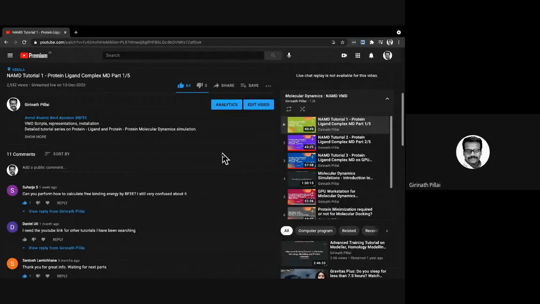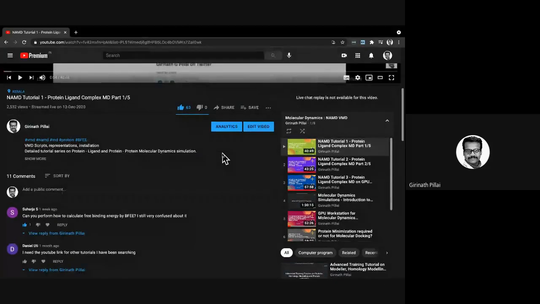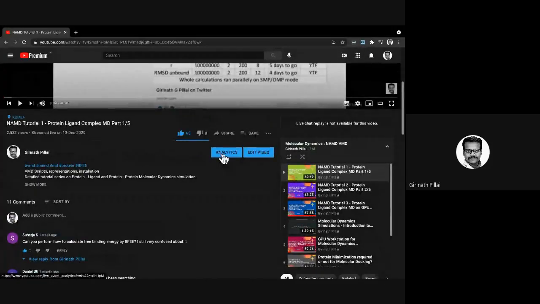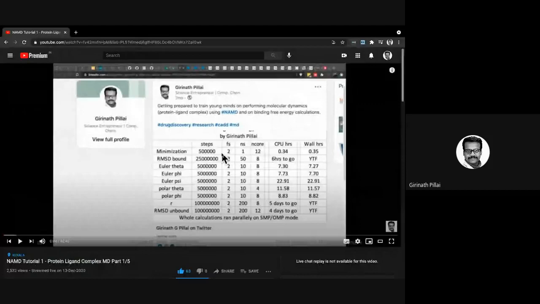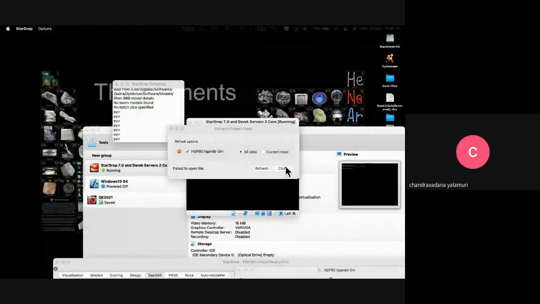Unless you report molecular dynamics data for docking studies, getting publications will be very, very difficult, because most journals do not accept molecular docking data alone. So this is already available, and using these free tools, you will be able to do that. I will share the link here so that if you are interested, you can follow. I have used GROMACS as well as NAMD. Both packages are used for molecular dynamics simulations.